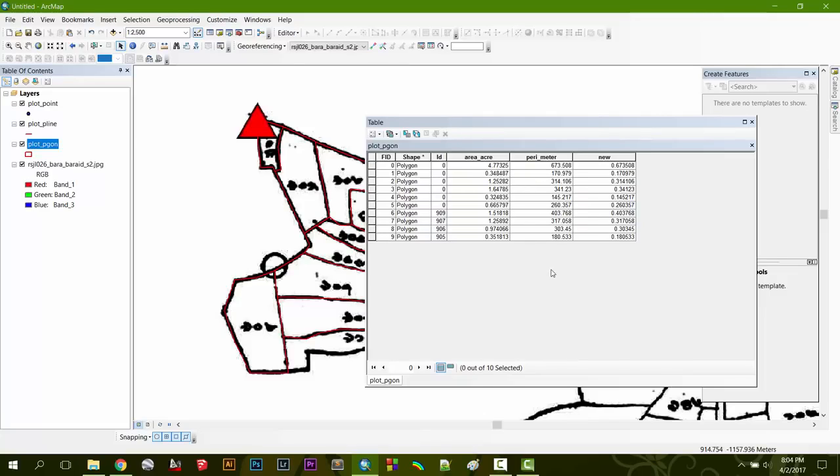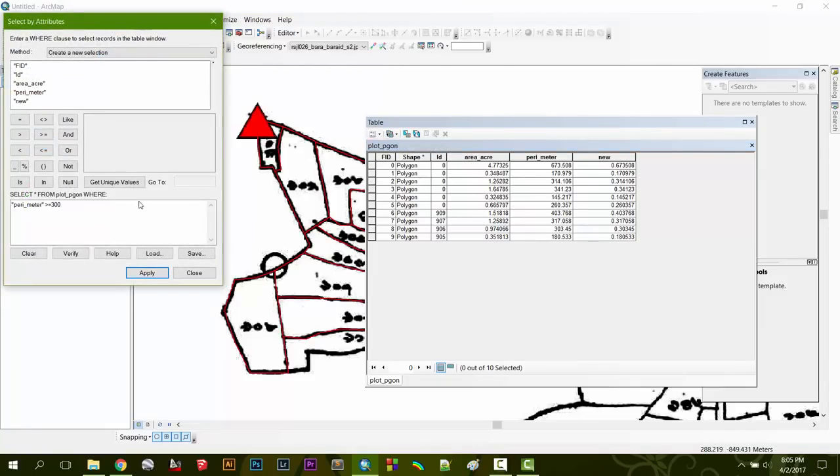Suppose you can see we have these perimeters ranging from almost 180 to almost 700. Suppose I want to make a table where the perimeters having more than 300 meters will be called large, and those smaller than 300 meters will be called small. So now you have to select with this attribute. Go to Select by Attributes and then